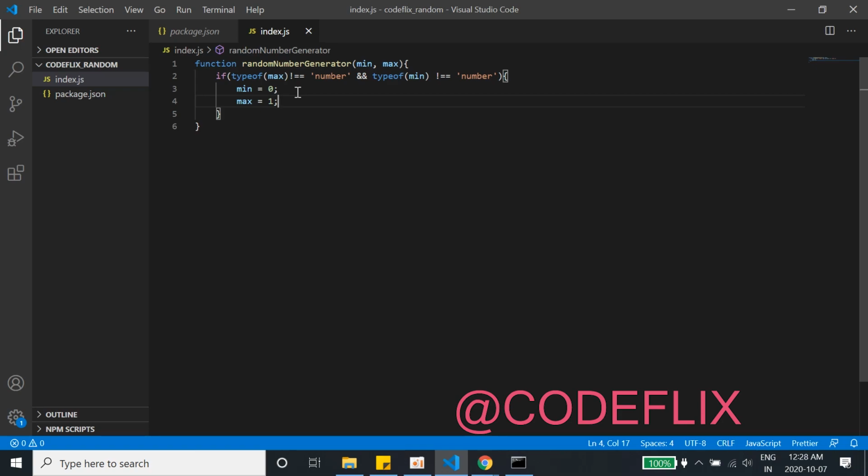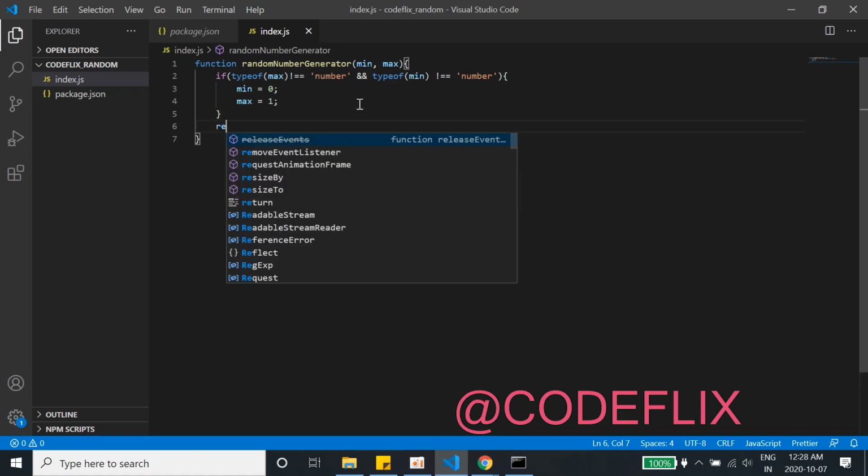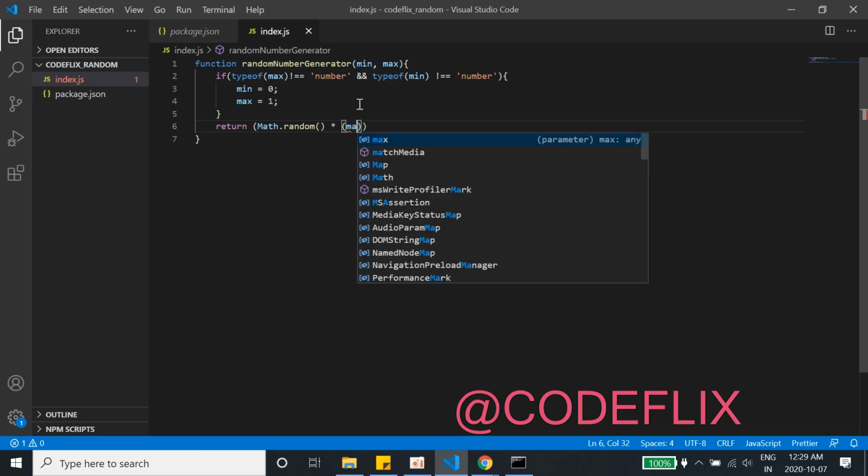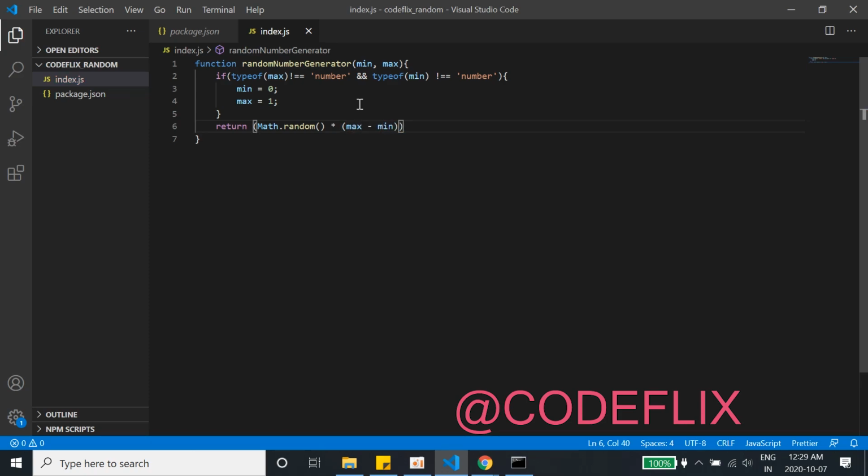If the user passes min as A and max as B, then it's not a number, so we'll just give a min of 0 and max of 1, and the random number generated will be between 0 and 1. If it is a number, then we don't do anything, just return. There's a function Math.random, and what we'll do is max minus min, and then we'll add the min to it. So this is the logic behind the random number generation, which you can get easily, I think.